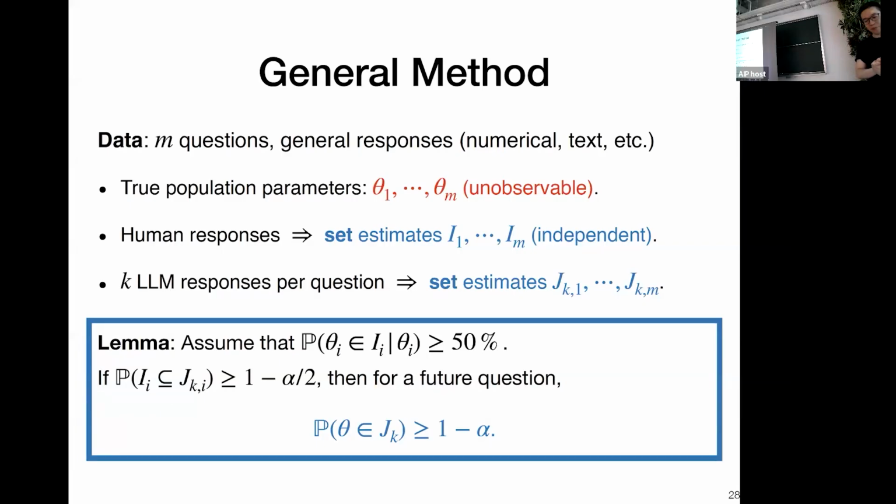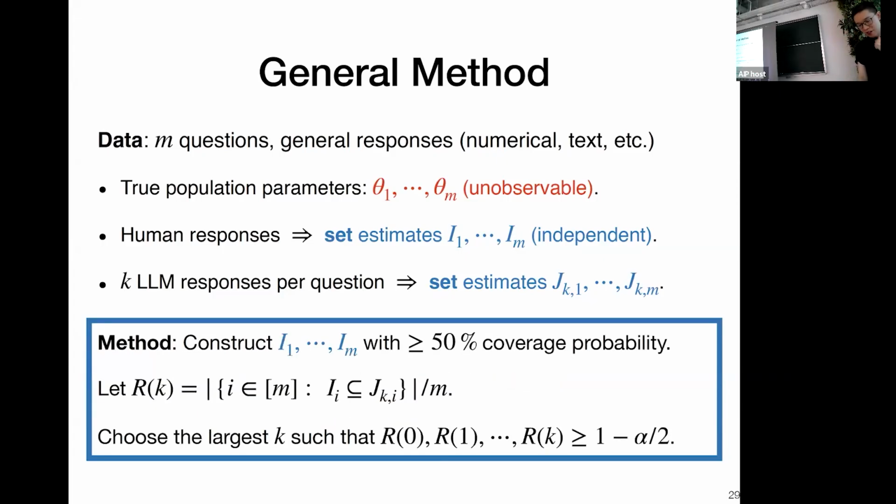One more question is about the number of questions. Does it play any role here? In this theorem it doesn't, but in the next few slides when I talk about our method, it plays a role. Eventually you will not get perfect 1 minus alpha coverage, but 1 minus alpha up to a small number. That small number is of order 1 over square root m. So there is a kind of multitask effect behind it. That's right, exactly. So it's more beneficial to have more historical questions. Yes.